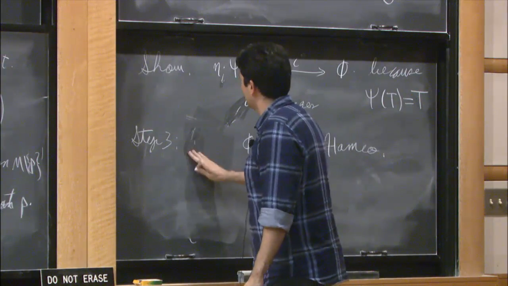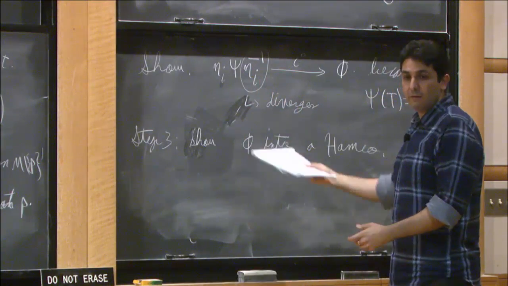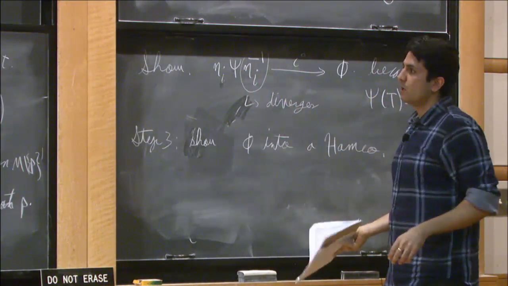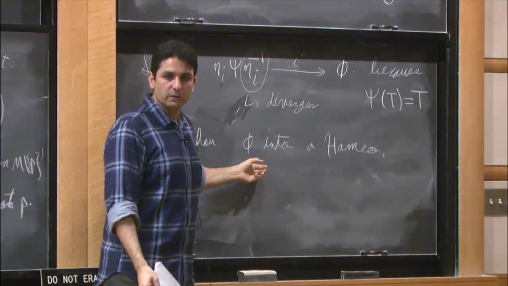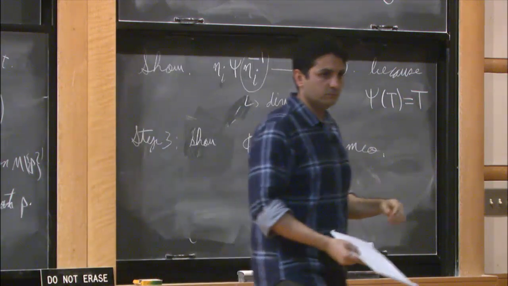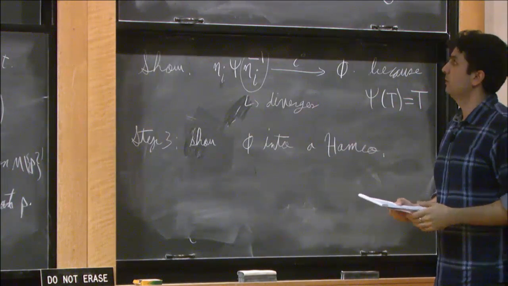You could do both. You could modify it or show it's one of these. So if you want to show it's a Hamiltonian homeomorphism in the sense of that definition, what you could do is go through all these steps, and at each step make sure that your Hamiltonians also converge and you have control. In all these steps that I said so far, you need C0 control on the time 1 maps. Now you repeat the same story, but making sure you have C0 control on the Hamiltonians too. So then you can guarantee this will happen. So there is extra work to show that it has a Hamiltonian.